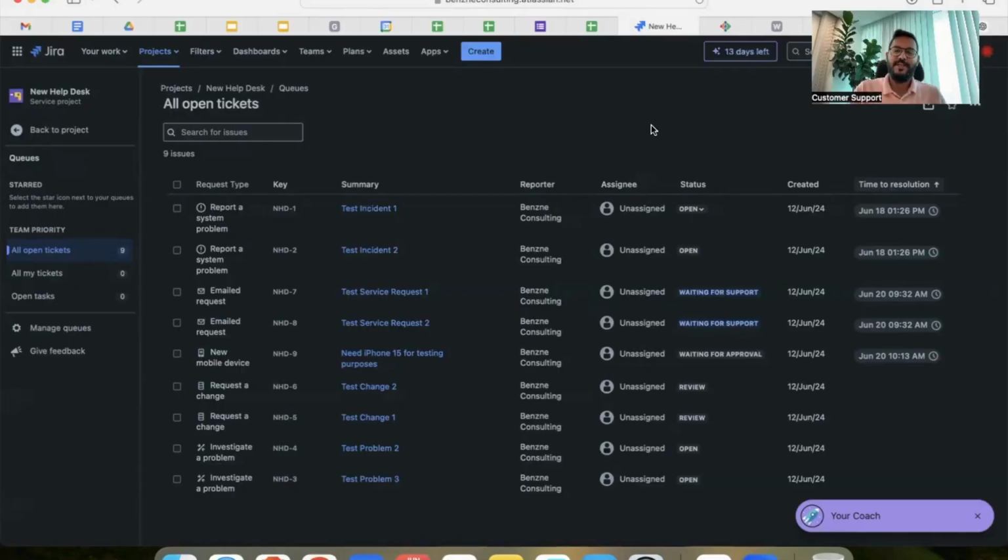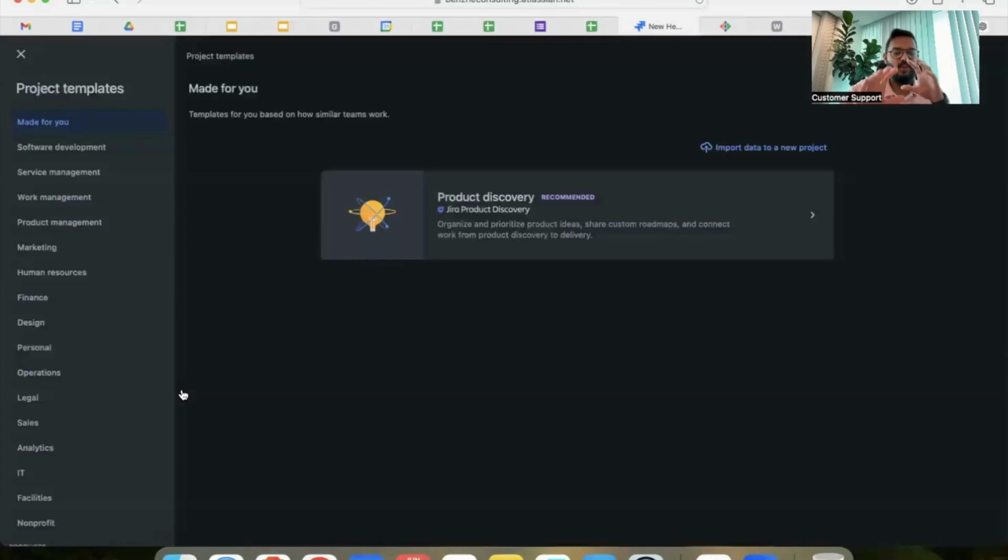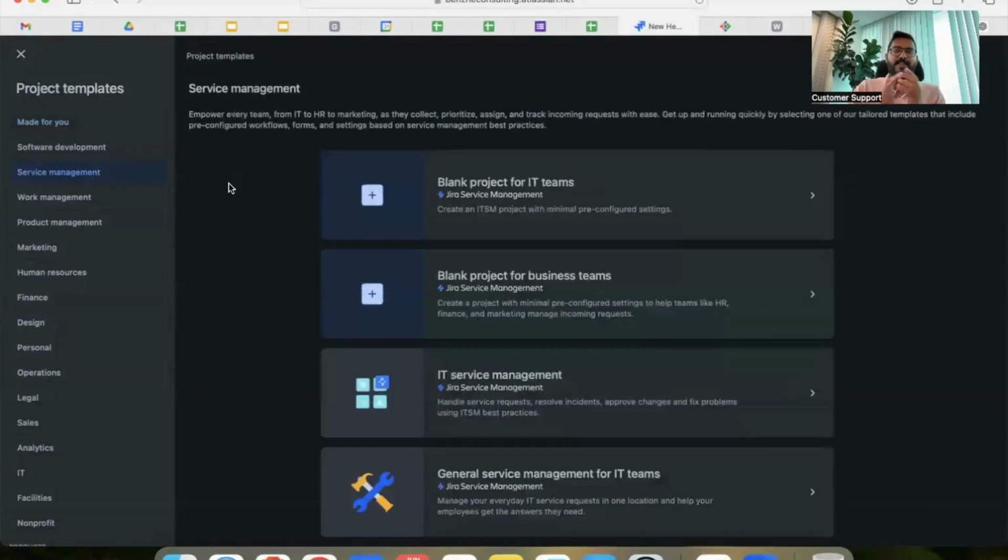Creating a Jira Service Management project is pretty straightforward. All you have to do is go to your navigation bar, click on Projects and select Create new project. You will be directed to a page as shown on the screen right now, where you'll have to select Service Management. Now, the next step in creating the project is to select the type of Jira Service Management project you